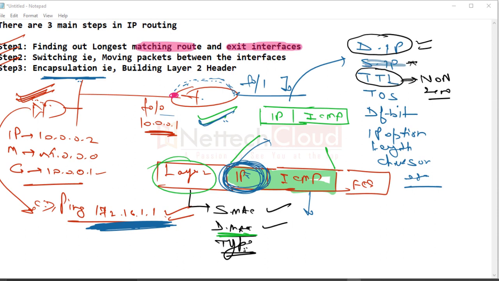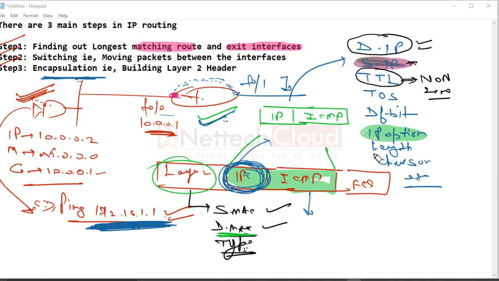Let's say the source IP address here is the same as the destination IP address, right? Source IP address is the same as the destination IP address. Are we allowed to check that? No. Source IP address is not taken into account. In fact, it is never checked. What about this IP option field? What if it has some data in it? Will the router perform any check here?